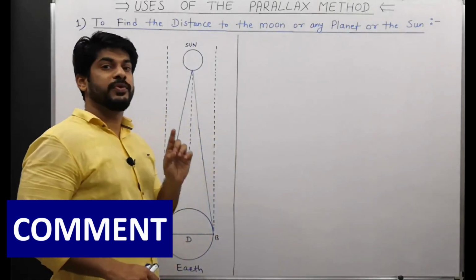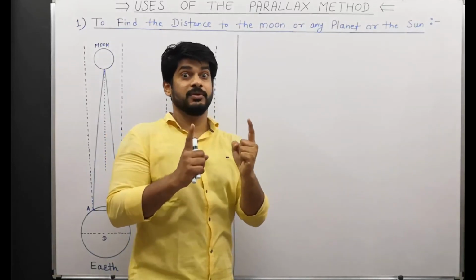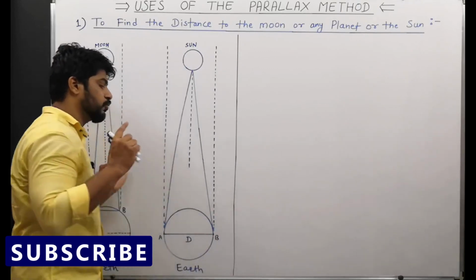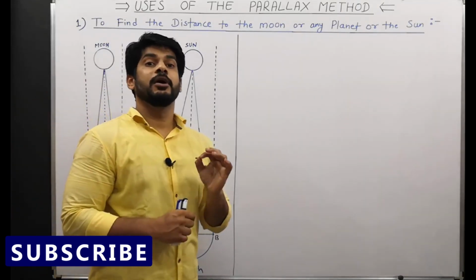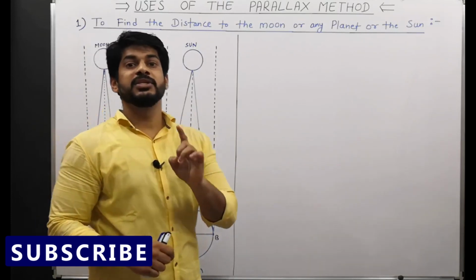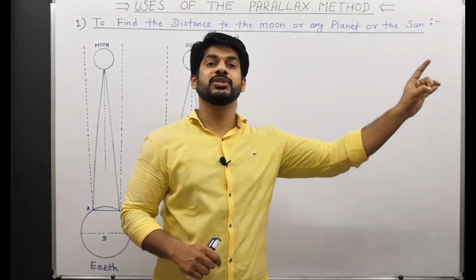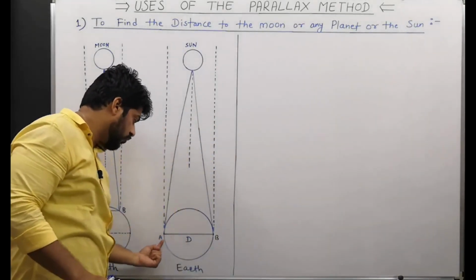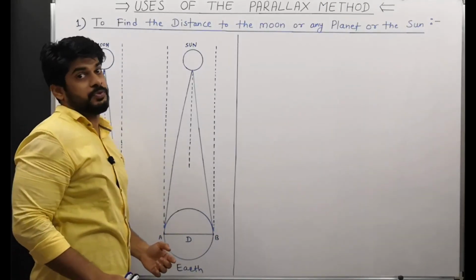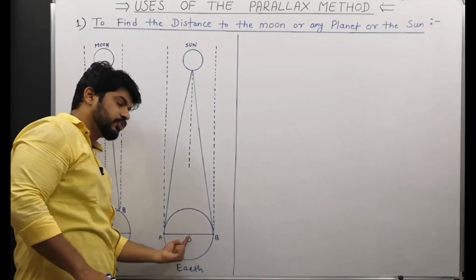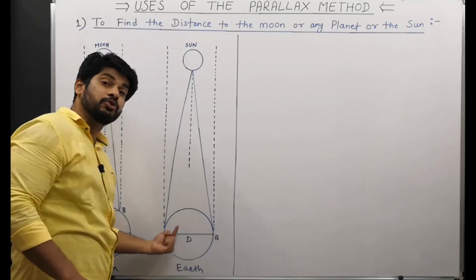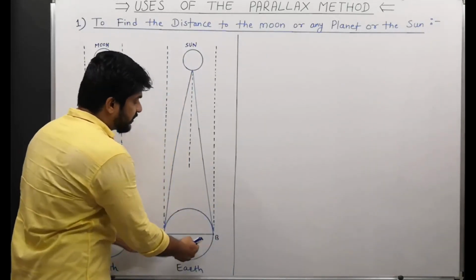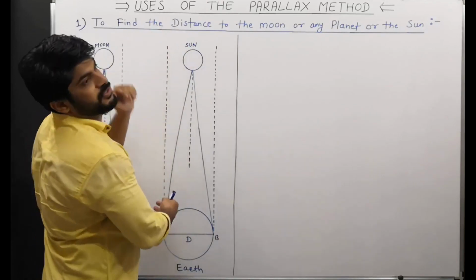Also we have to choose 2 points of observation. So we have chosen here 2 points of observation, A and B, which are diametrically opposite. Now remember here, the distant objects do not change their position, they appear in the same direction even if we observe from 2 different locations. So this distance from A to B, the diameter of the Earth, is large, but definitely not large in comparison to this distance. This is way too large.